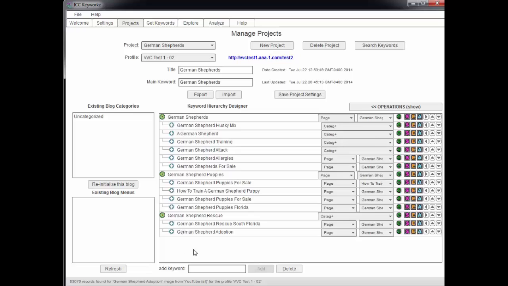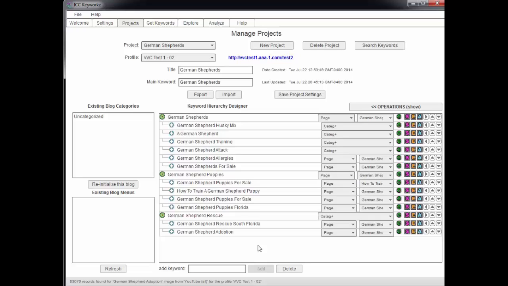I actually deleted a few things here. All you have to do is click on the item and then click delete and confirm it. Now we're at this point where we're getting ready to execute this to the blog. I want to do one more little thing to show you. We're going to automate some of this stuff in upcoming versions,